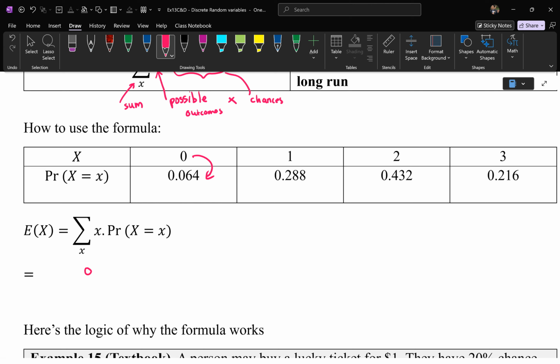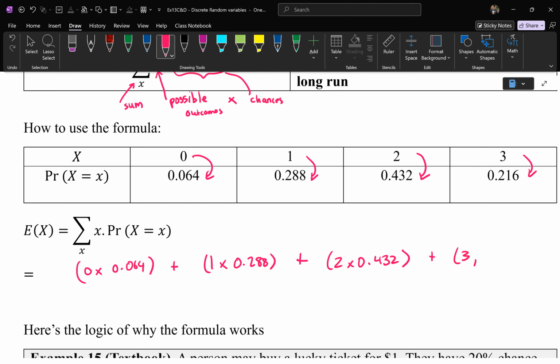So the first one is 0 times, what's the chance of getting 0 2s in this example? 0.064, plus, what's the next one? X is 1, so what's the chance of getting 1 of the observation that I want? Well, the chance is 0.288, plus 2 times 0.432, the chance of getting 2 2s, and then getting all 3s, that would be 3 times 0.216. So you do that on your calculator, and if it's in Exam 1, they'll give you numbers that you